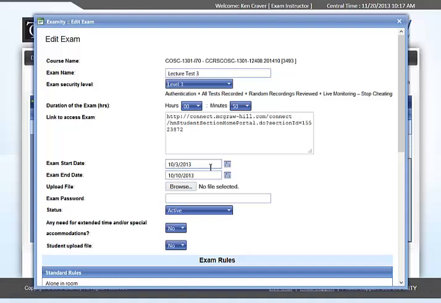Then you'll have your exam start date and your exam end date. Now these are the times during which they can take the test. You set these according to how you want to do it, and the students will need to schedule their test to be within the time that you specify here. There's not going to be a file that needs to be uploaded,